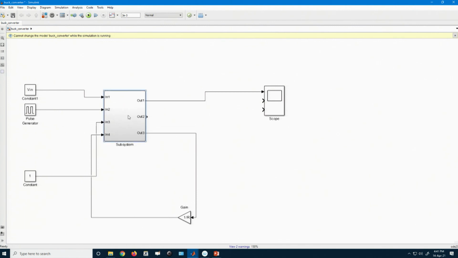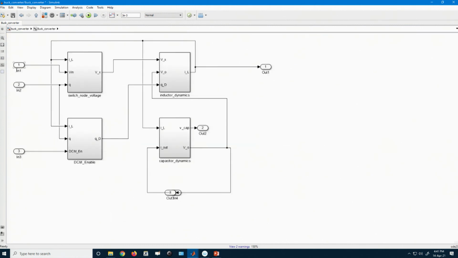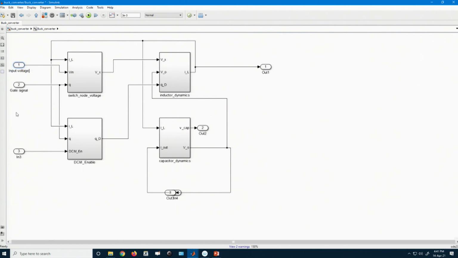In this subsystem, it is a complete buck converter. What is there in the subsystem? The first one is Vin, my input voltage. The second one is the gate signal. The third one is my DCM logic, DCM enable. This one is my output voltage.